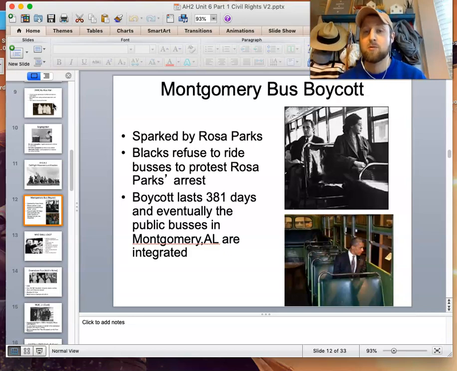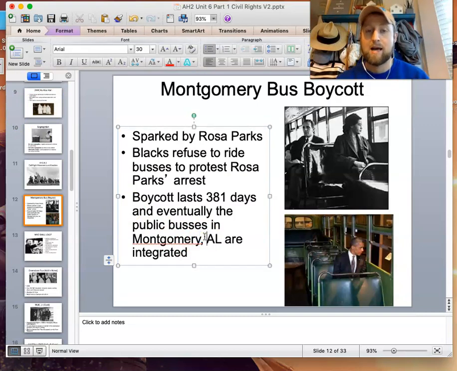So why is this so important? It's not like she sits at the front of the bus, then a month later they decide to fix this in Montgomery, Alabama. It really gets people talking about civil rights nationwide, and it kind of opens the door for people like Martin Luther King to step up and take the baton from her and take the civil rights movement, not in a new direction because she had it going in the right direction, but to a much grander stage, like stuff Martin Luther King Jr. will do with the I Have a Dream speech.